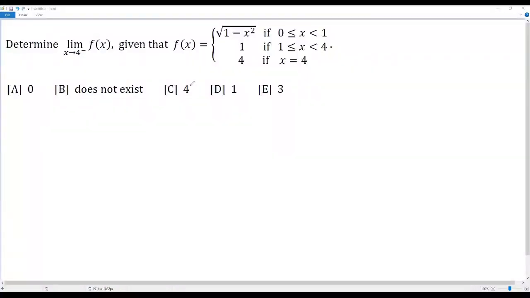Here we have a pre-calculus problem. Okay, let's go to the question. Determine the limit as x approaches 4 from the left of f of x, given that f of x equals the square root of 1